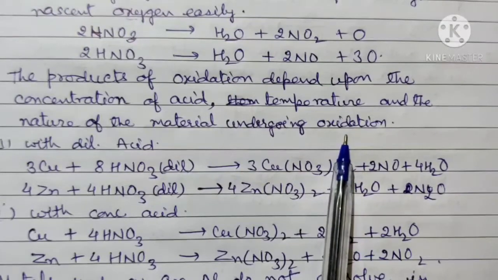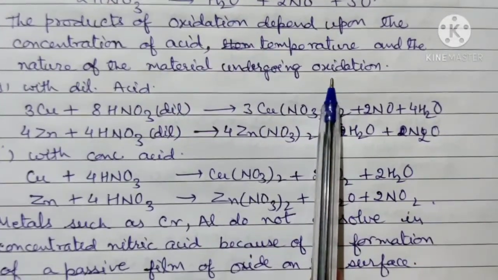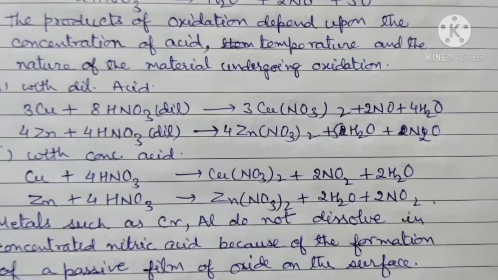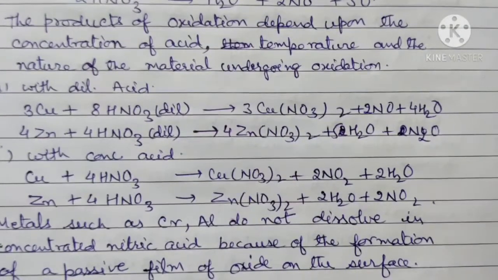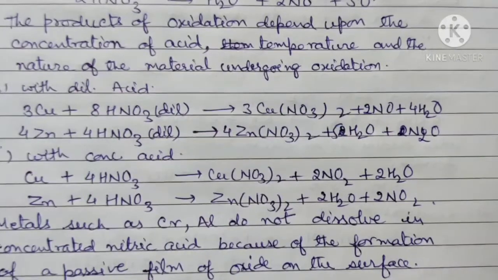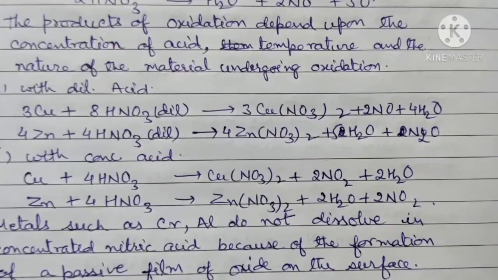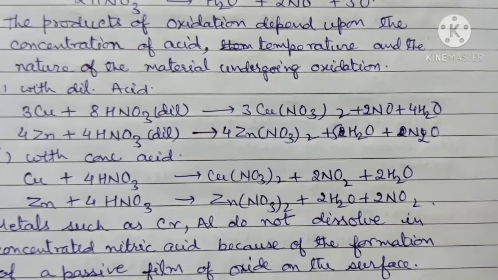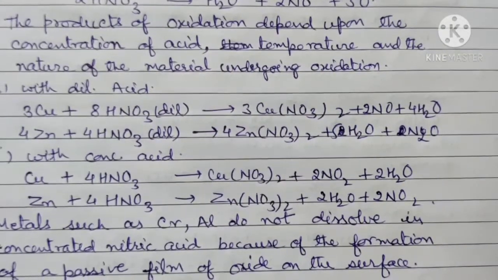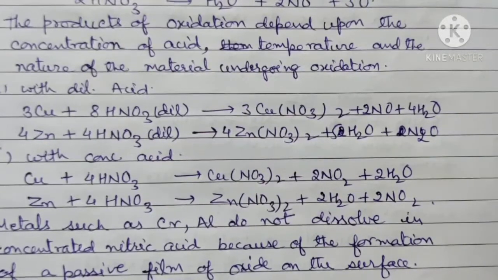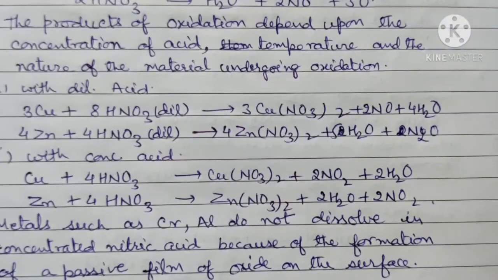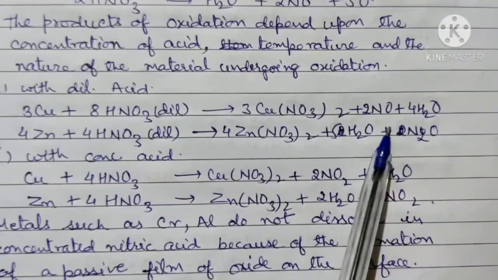That means the reaction of nitric acid is very complex, because the product formed depends upon the nature of the substance taken and the nature of the nitric acid. That means whether you are taking very dilute, or it may be 50%, or it may be a concentrated nitric acid. Normally, when we take dilute acid and it reacts with a metal, first we will study the reaction with the metals. When it is taken in the form of dilute acid, then normally it forms nitric oxide.